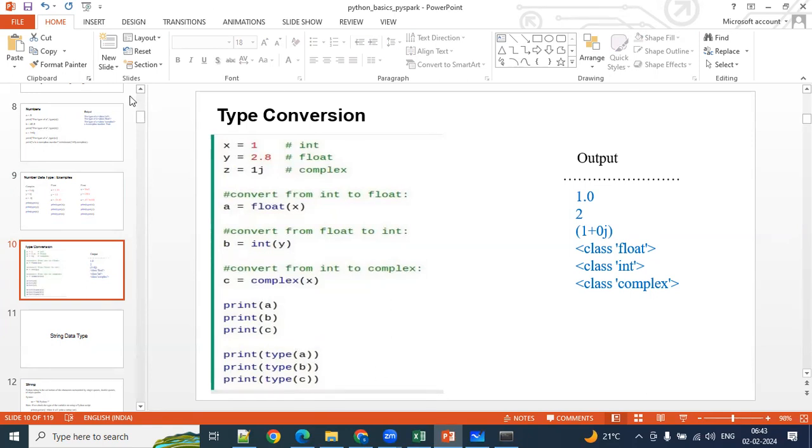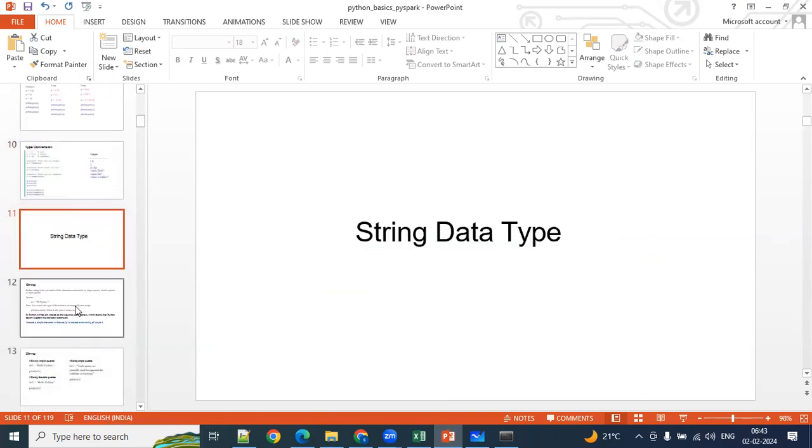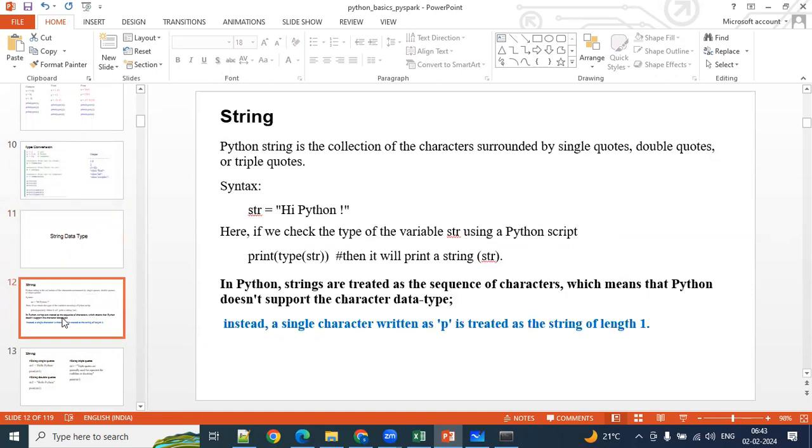Okay. Next and most important one is, from here onwards, we'll do practical things one by one. The most important one is the string data type. We have to play with this data type, guys. Okay, and this is the most important data type out of all those things. In interviews also you can expect some questions from this data type.